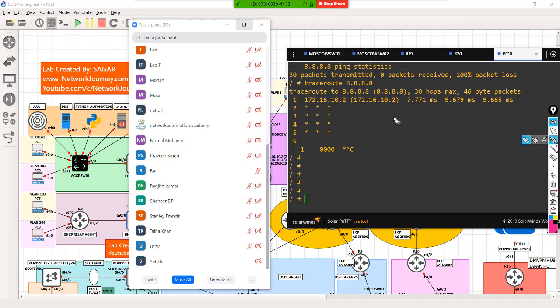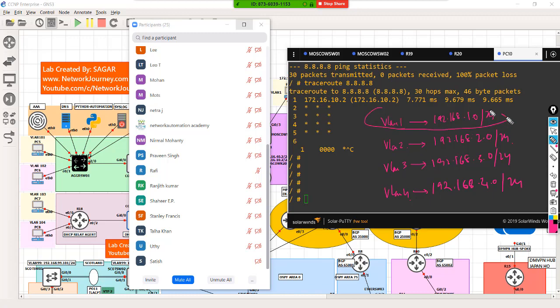Okay, so basically when you have multiple VLANs, let's take as an example VLAN 1, VLAN 2, VLAN 3, VLAN 4. Each VLAN will have its own gateway. Let's say 192.168.1.0 is a gateway for VLAN 1. In a similar way, this is a gateway for VLAN 2. I have a couple of networks and users placed under each network, so they form different networks. I have 4 networks.